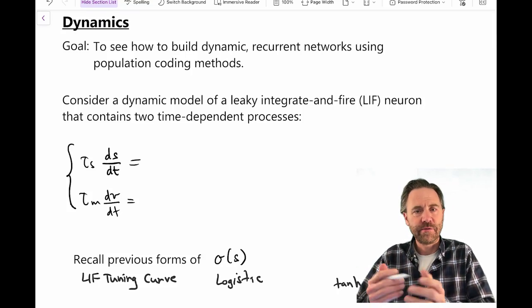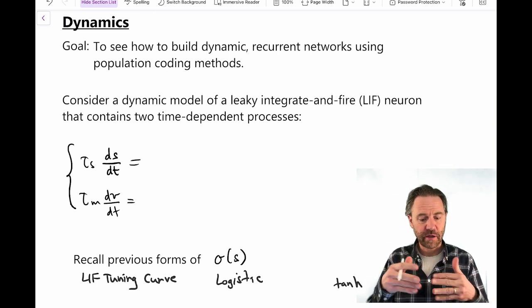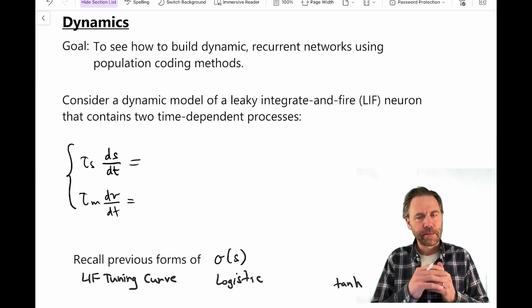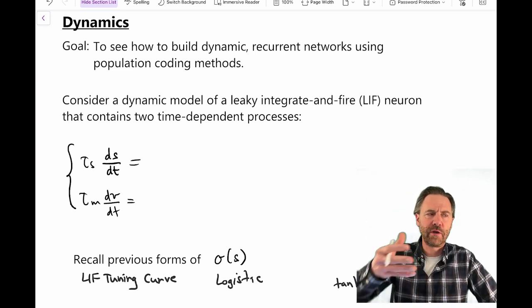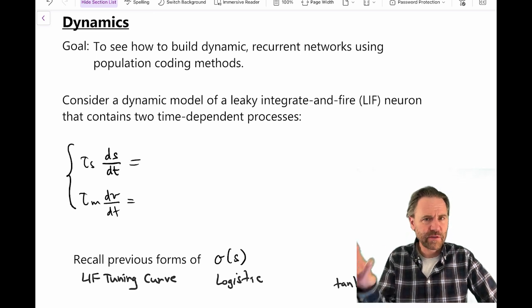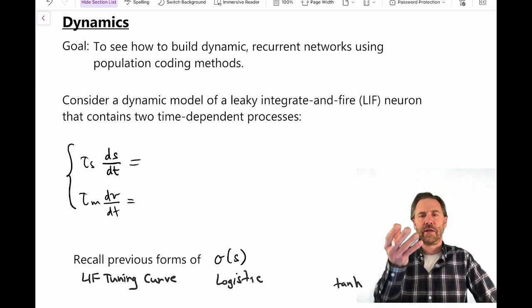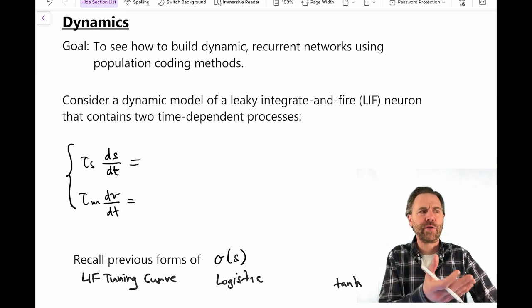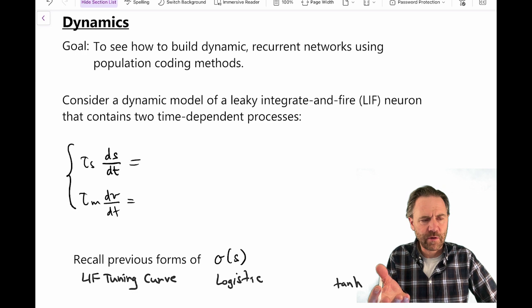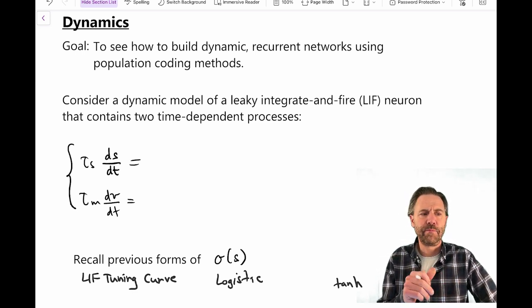Okay, now is the third video on neural engineering framework stuff. This time we're going to be talking about dynamics. So to recap, we talked about population coding. You can represent numbers or vectors of numbers in the collective activity of a population of neurons. And you can decode from that population those values, or even nonlinear functions of those values, by choosing